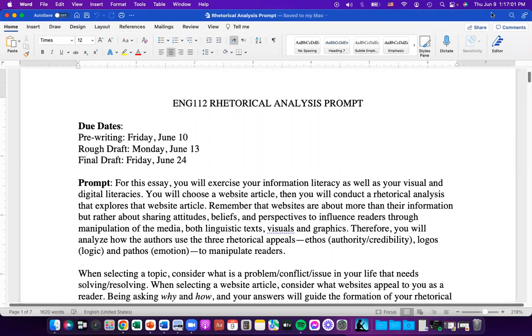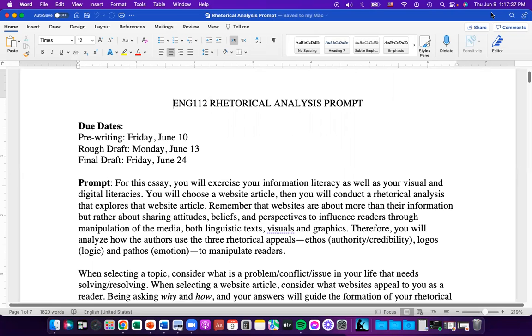I am going to cover the rhetorical analysis prompt. This is the first essay that you will be doing for me. And there are a couple of things that I'm going to show you. I'm going to show you this prompt. I'm going to go over a PowerPoint that I've created to go over the rhetorical appeals, to show some practices, and then to show an example topic proposal for you. So hopefully between looking at the prompt, looking at the PowerPoint and these practices, we can feel more prepared about